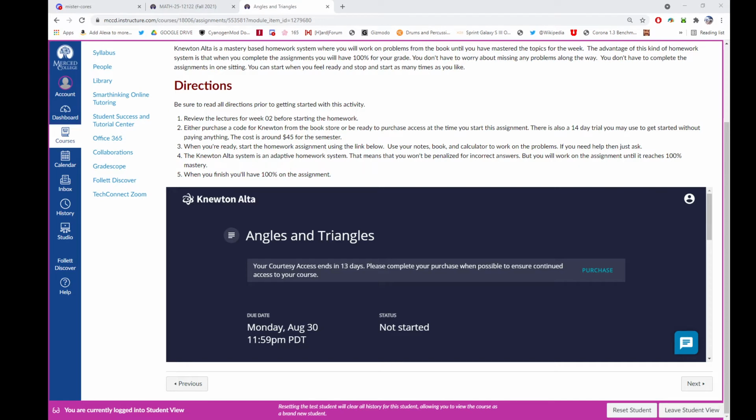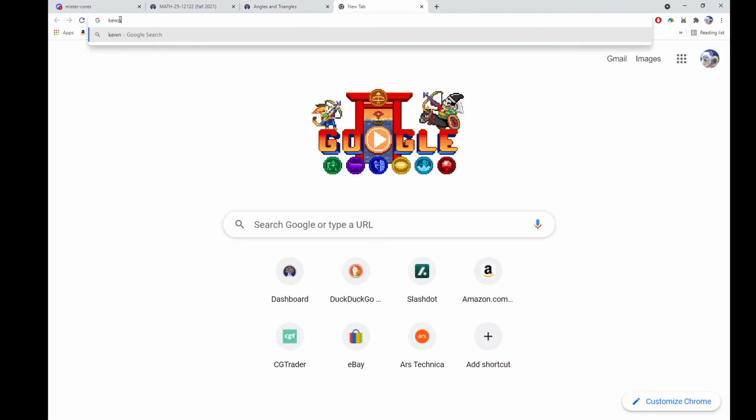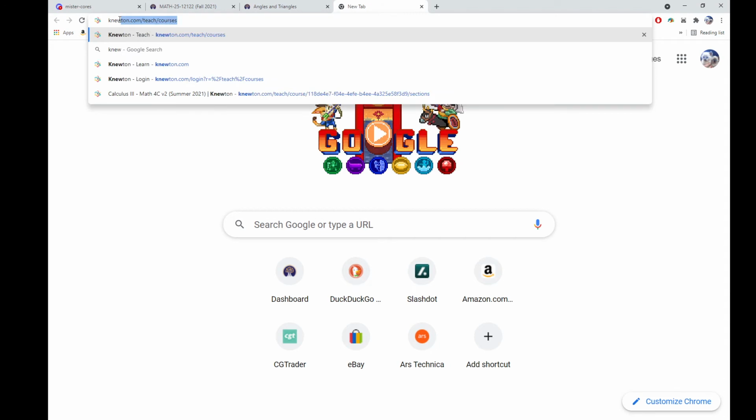Knewton.com. So what I mean by that is, if I come up here, oh, I don't think you could see what I was typing. Oops. Anyway, I was typing in another window, but I think it wasn't streaming, so I apologize for that. But what you can try is if you go to Knewton.com,